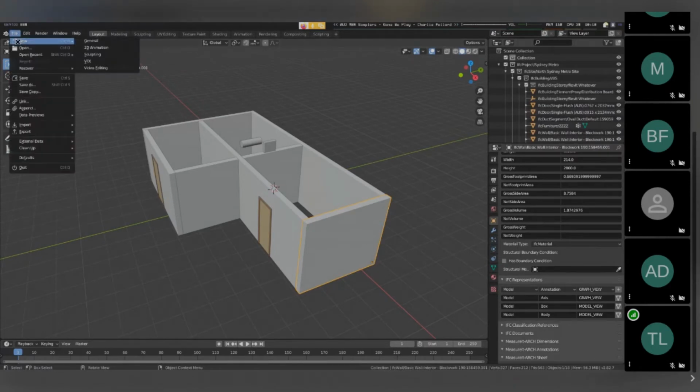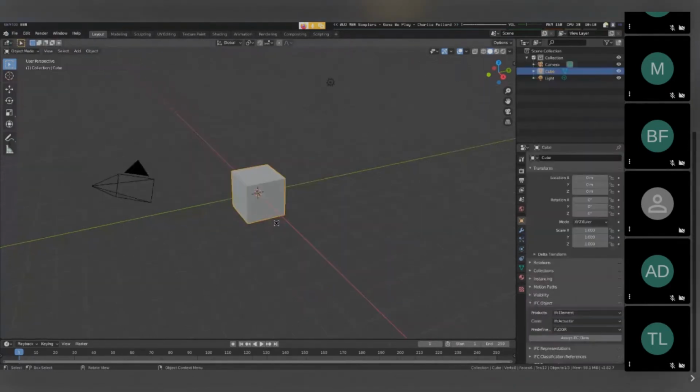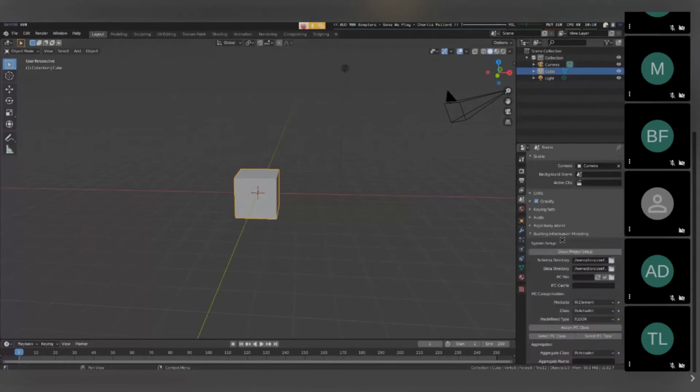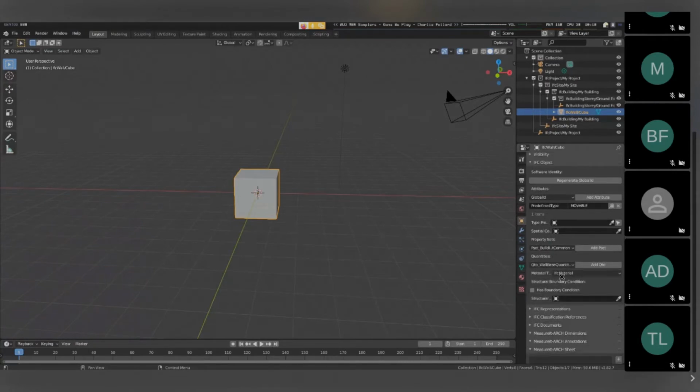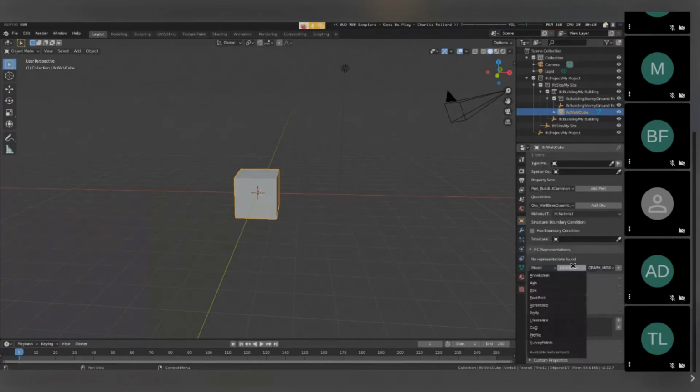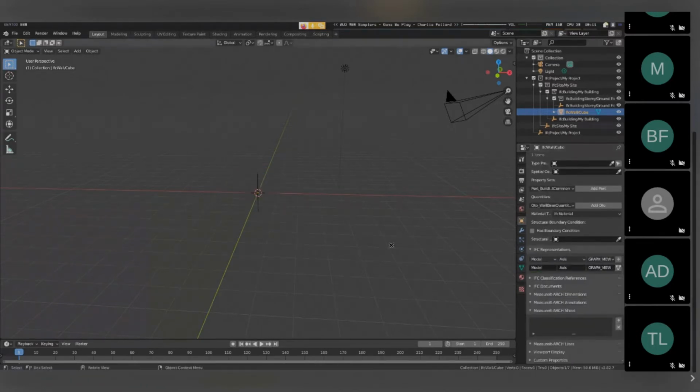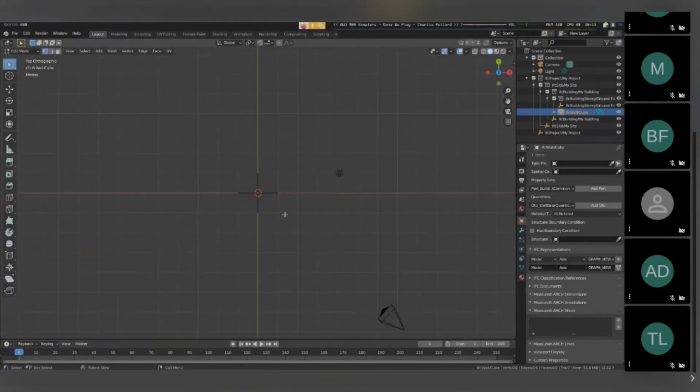So if I start a blank file, and this time let's assign that to be a wall, maybe. Throw that in there. Let's see if I can remember how this works. At the moment it has no representation, but I can add a new representation. So we'll add an axis representation, a graph view axis representation. And I press add, and